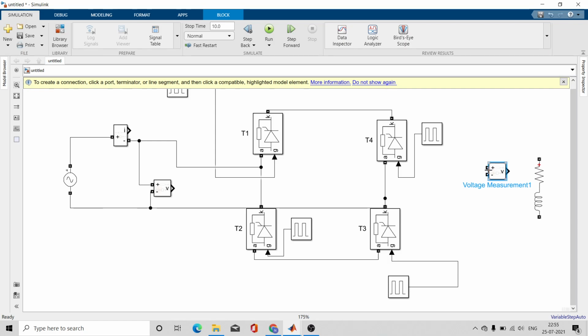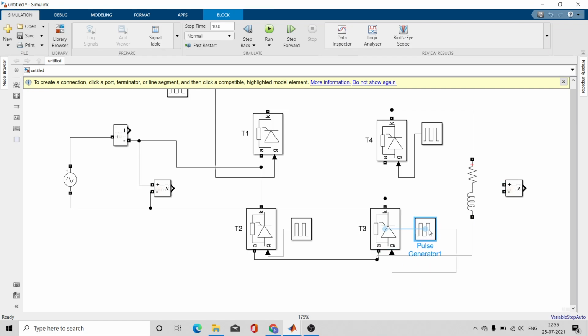Okay. And you can copy this and you can paste it on output side. So let me connect it at output side. First of all, let me connect it at the output. And just place it over here.